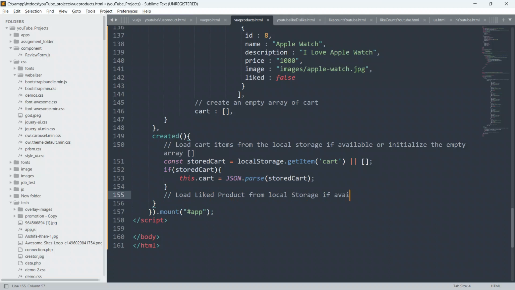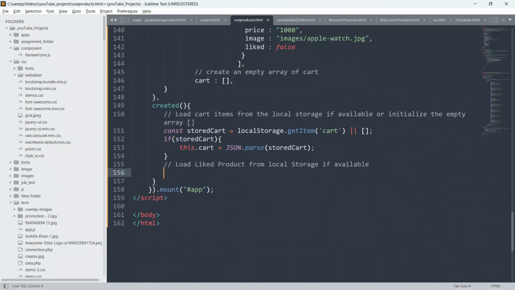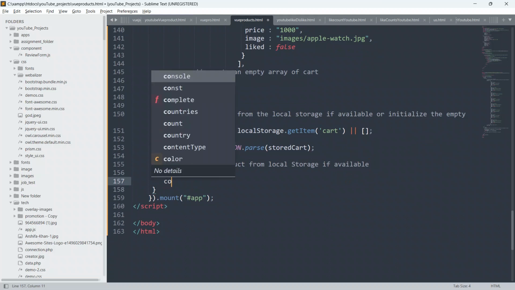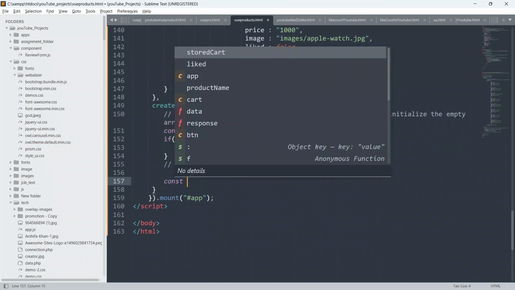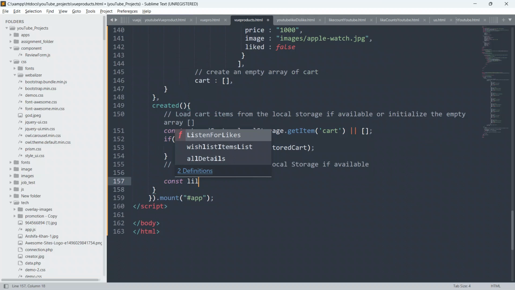If this functionality is available inside your code, then only this will work, otherwise it will not work. So create a const.